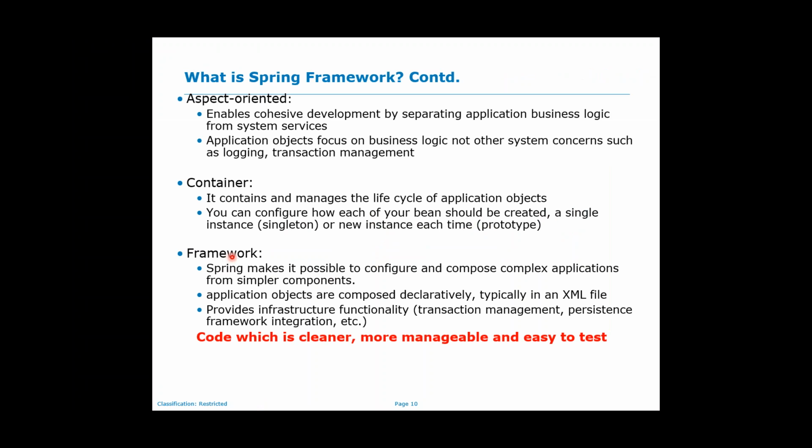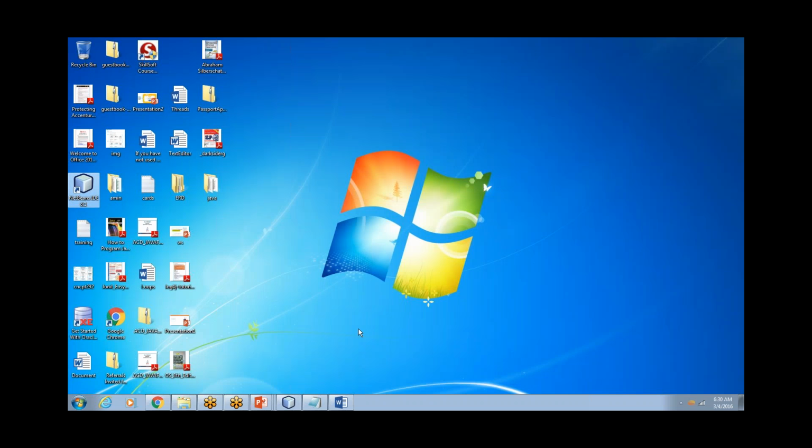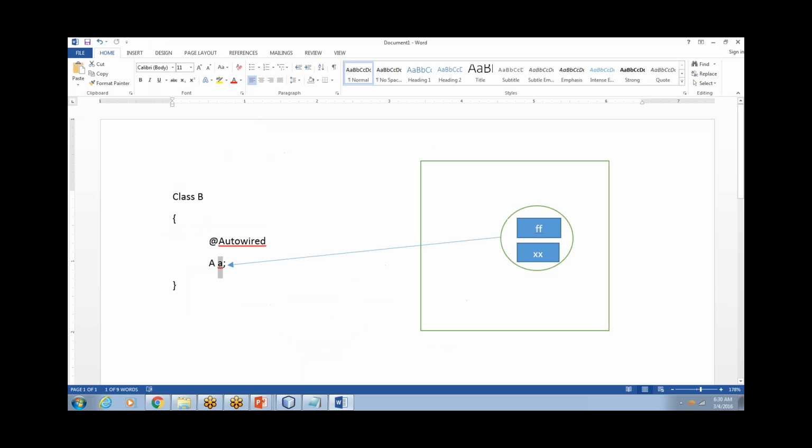And then the framework you have: Spring makes it possible to configure and compose complex applications from simpler components. Application objects are composed declaratively, typically in an XML file, and Spring provides infrastructure functionality, transaction management, persistence, framework integration, etc. So if you have to provide instructions to the Spring framework, let's say to create this object,